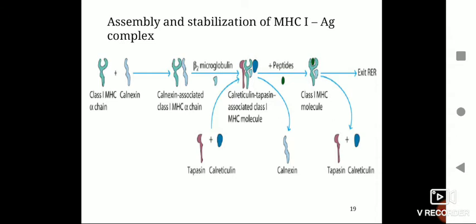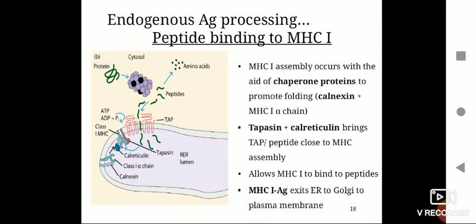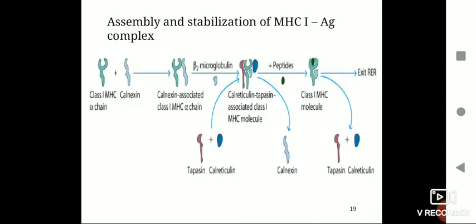Before this, how did the peptide come closer? It is with the help of TAP. So this tapasin-calreticulin will bring the TAP-associated peptide close to the MHC assembly. Now this closeness will help the MHC class 1 to bind to the peptide. You can see here, because of the binding of calreticulin and tapasin, the TAP-associated peptide will come closer to this MHC class 1 complex, and this closeness will help in binding of the peptide to the peptide binding site of